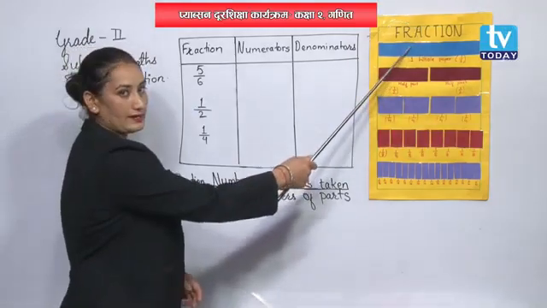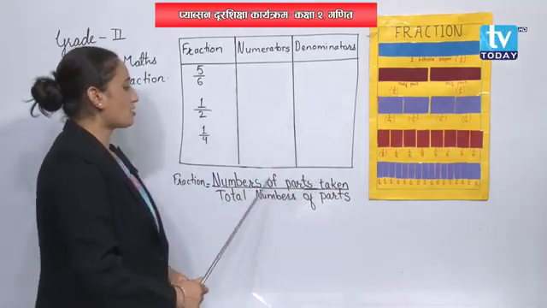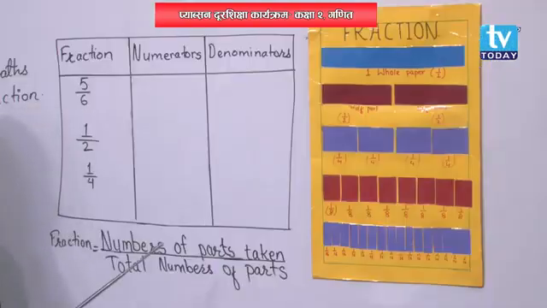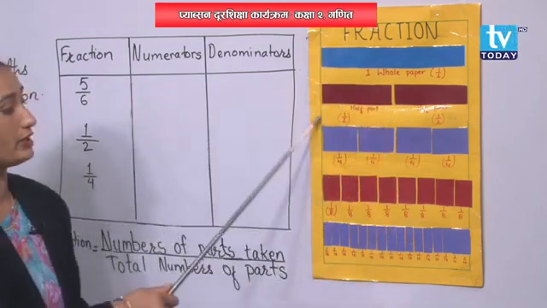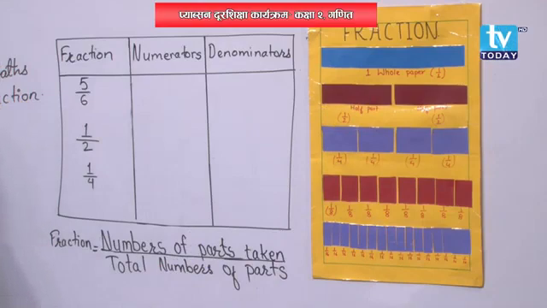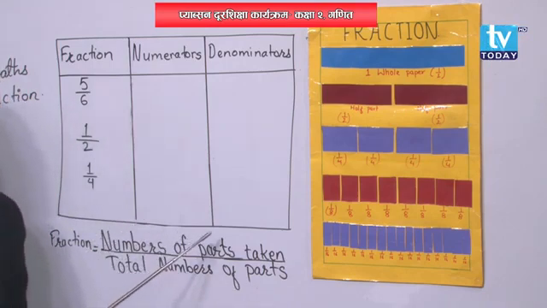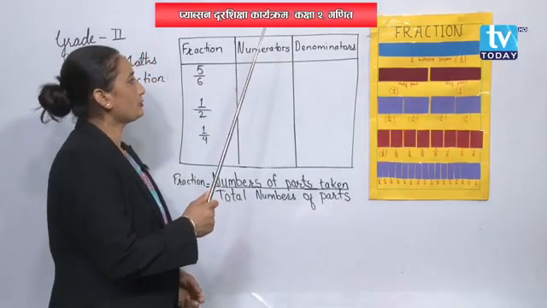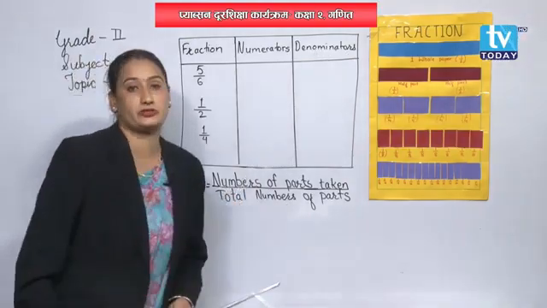I have taken here 1, that's why in all the places 1, 1, 1 will come. So number of parts taken is 1. So 1 we have to write, and total number of parts, we have divided one single paper into different parts, right? Over here different parts. So these are the total parts which I have divided over here. You can go and write over in the place of total number of parts. Now number of parts taken means its numerators and total number of parts means its denominators.